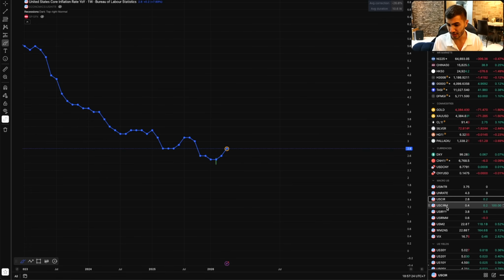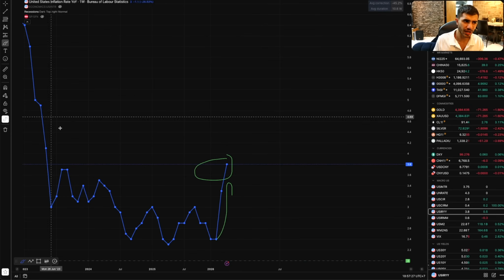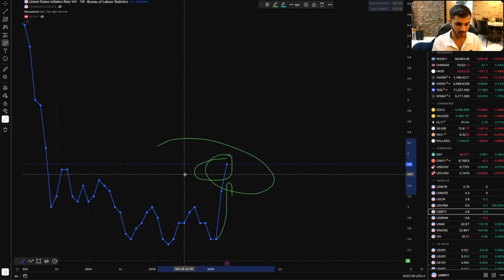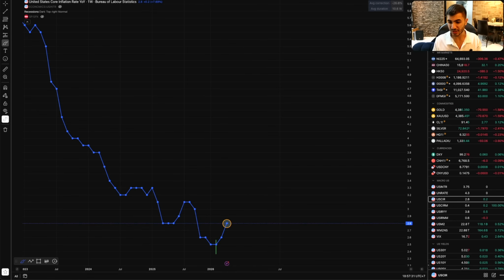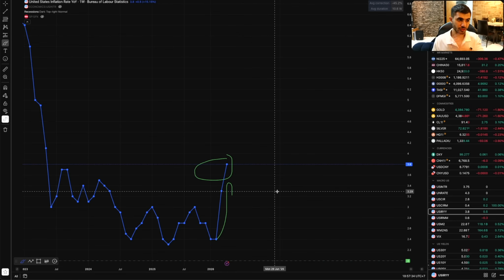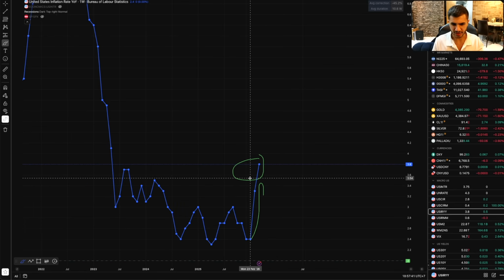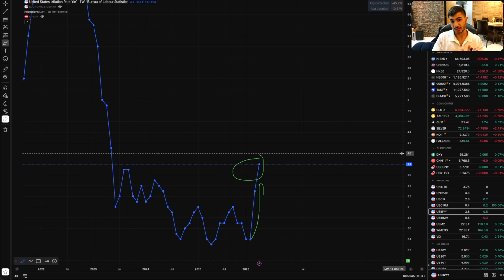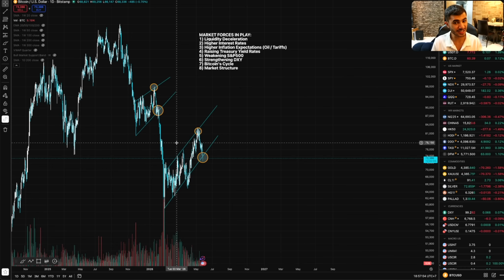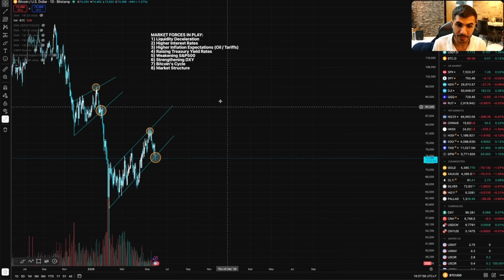Another worrying one is, of course, that headline inflation is skyrocketing, and signs of inflation rising first appear in the headline inflation, and then it trickles down to core inflation, as headline inflation calculates energy inflation directly in the calculation, right? But core inflation takes a little bit longer than that, and of course, the producer price index has increased as well by a lot based on the last reading. So inflation is looking like it's going to be sticky, which is bad for risk assets, right?